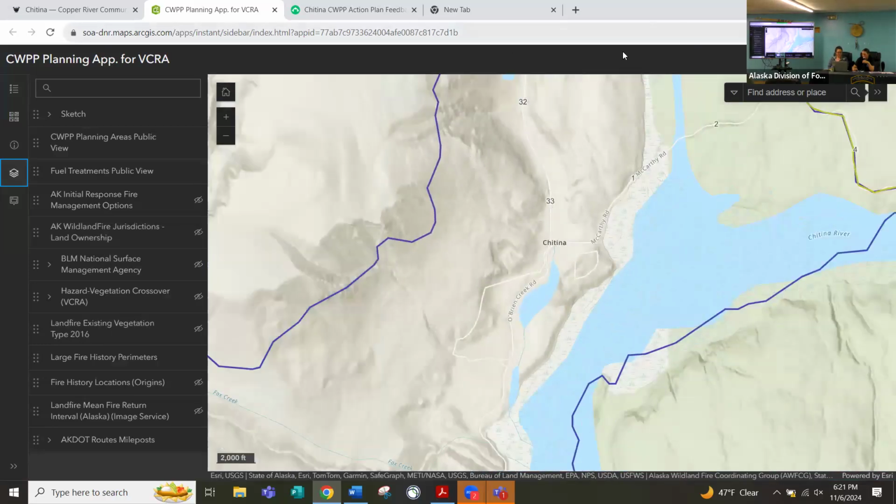I just want to do a quick overview of the layers that are available on here so that this tool can be utilized for fuel treatments. So now I'm looking down. I guess you can see my mouse. So as I go down from the